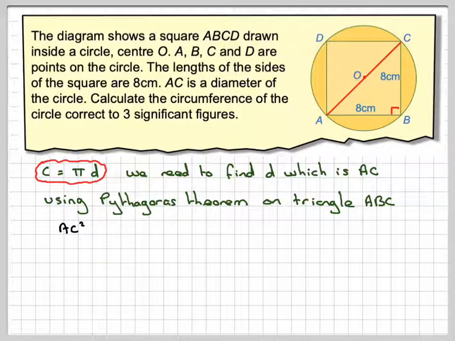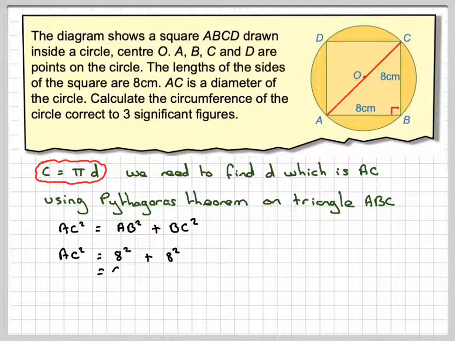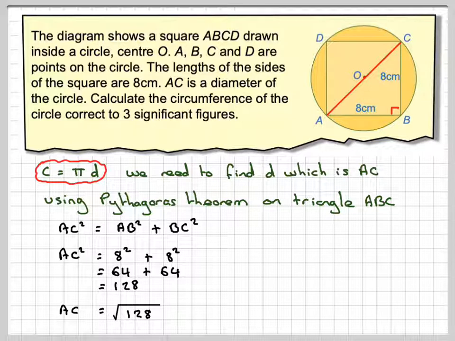So we've got AC squared is equal to AB squared plus BC squared. So that's going to be equal to 8 squared plus 8 squared, which is going to be 64 plus 64, which is equal to 128. Now AC will be the square root of 128, which gives you 11.313. At this stage, do not round the answer off because we're going to use it in the second part